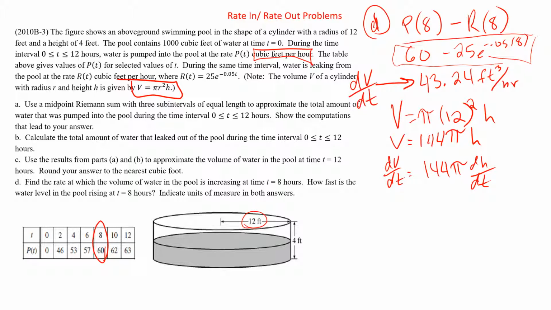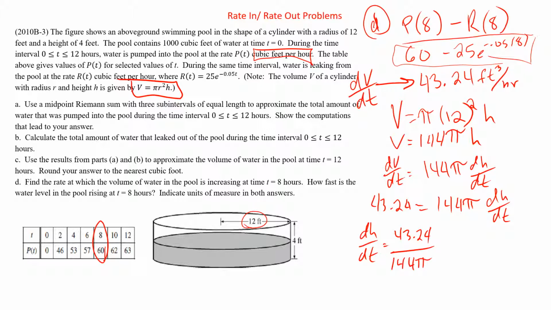So we can plug that in. 43.24 equals 144 pi dh over dt. We just need to divide. So dh over dt will equal 43.24 divided by 144 pi, which comes out to be about 0.0956